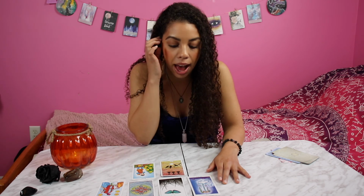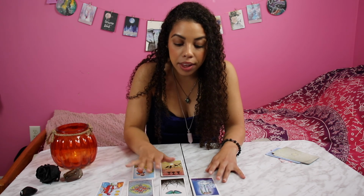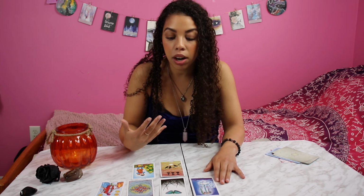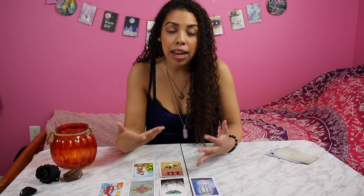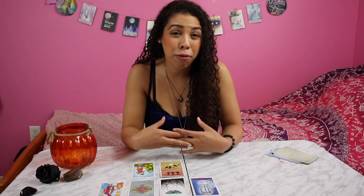But the fact that it's coming up means it's affecting you a little bit more than other people. So I think this is a call to reach out to people and do some more virtual meetings, maybe do some distance walks if you feel comfortable doing that. Humans need human contact, and it's really tough in the current situation that we're in. But don't close yourself off and don't alienate yourself, because that's not going to be good for your health. So make sure you're focusing on socializing next month, because that is going to be really good for your